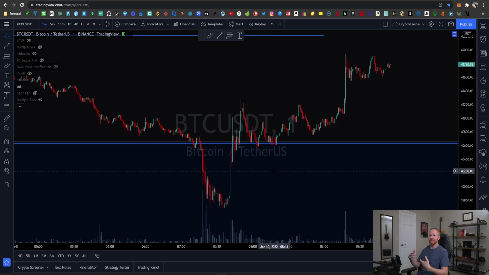So again, I know that seems very speculative. Of course, I didn't look at the level 2 data here to analyze that. I wasn't looking at that live, but in most cases, you see a significant sell-off, a buy-in at a lower price point, and the price comes right back up. That tells us there's a significant buy wall here, which is good, right? That reiterates the fact that we have probably a strong support level between 39,500 and 40,500. But it's also not the greatest.